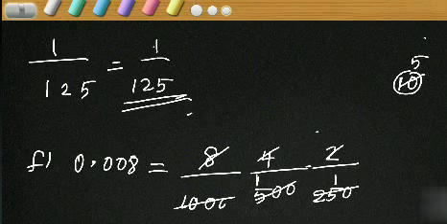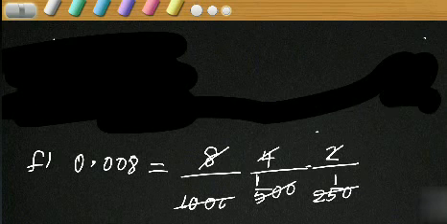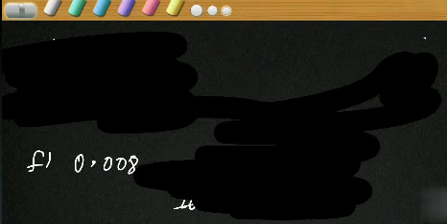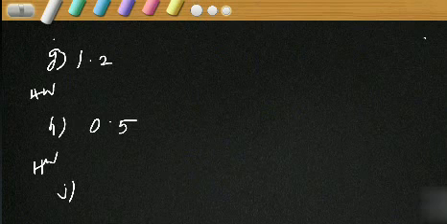Okay. Now note down today's homework. G, H, I homework. G, the question is 1.2. H, 0.5. I, 0.8. Try to do the homework today itself. If you have any doubt regarding the cancellation method, revise